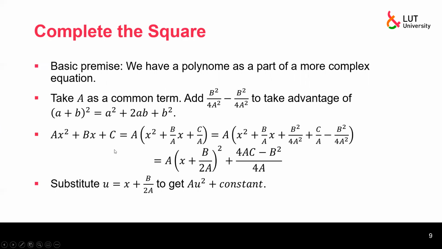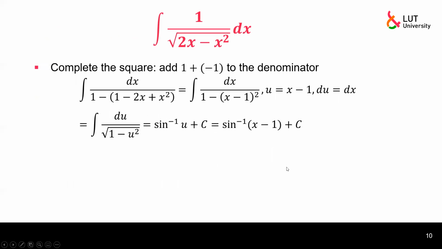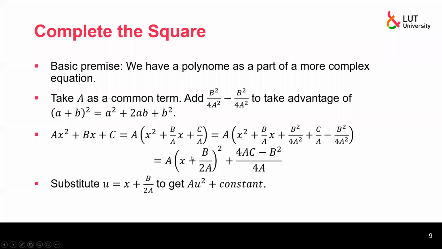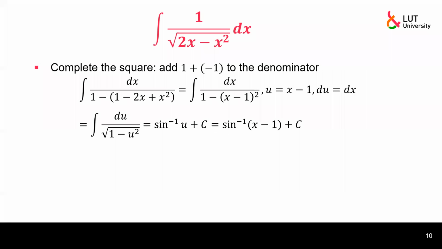An example of how we do it if we have a polynomial, we can do it like this. We get these, and when we do the replacement, we get just some constant times u squared plus whatever constant is left over here. Example about that: we're having a polynomial here underneath. So to complete the square,